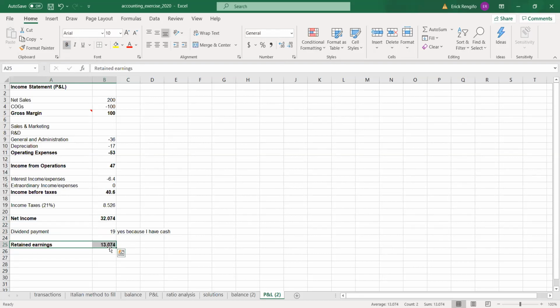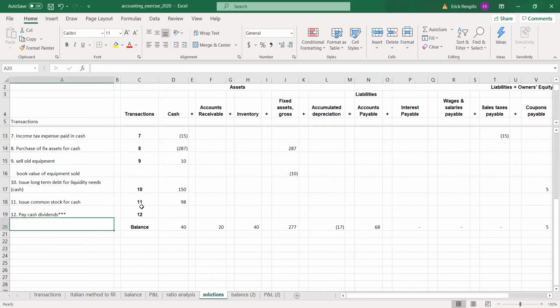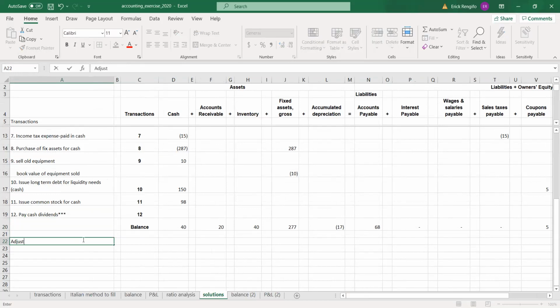Make sense to you? Do you understand? Yes. Okay. So now we need to adjust. There is an adjustment you need to do to your balance. So what you do is, outside, you're going to do an adjustment